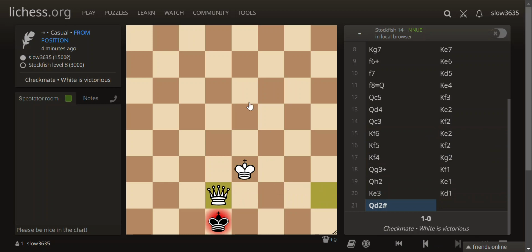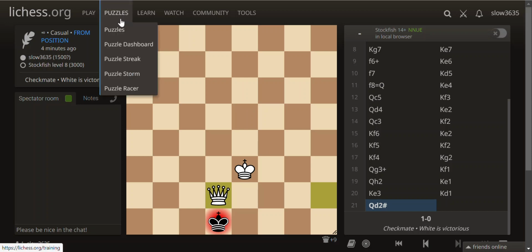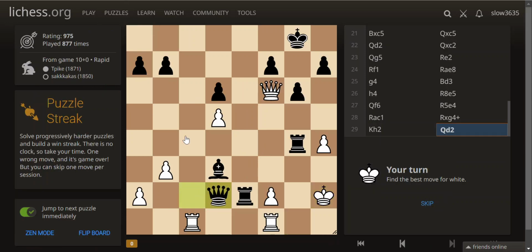Okay, another thing you can do to practice your visualization is puzzles. So you can go to puzzles here, and let's just go to puzzle streak, which starts out with easy puzzles and goes to harder and harder ones. And when you do puzzles, don't do them quickly. If you're practicing your visualization,